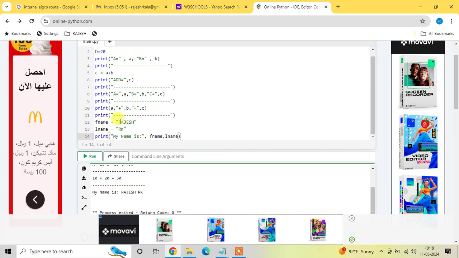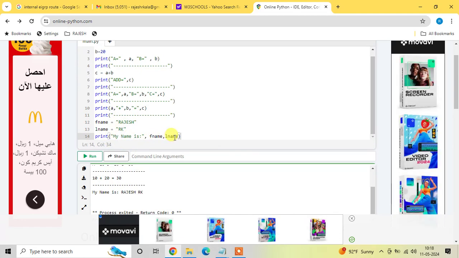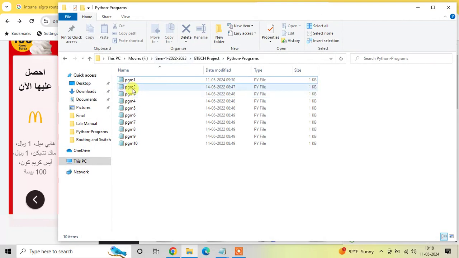Again hyphens, then I have already declared two strings, my first name and last name. So it's printing like print my name is first name last name. That's why it shows my name is Rajesh RK. First program done. Okay, easy one. Second one,